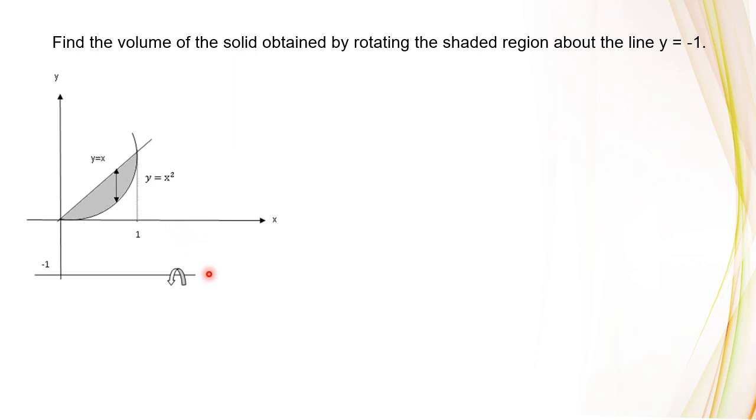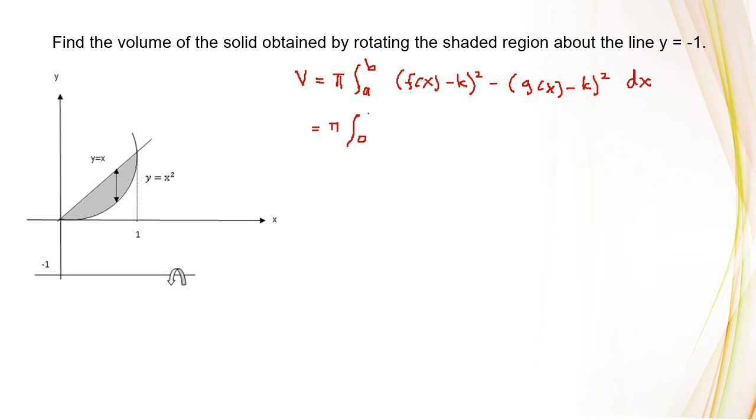Our axis of revolution is below our shaded region. Remember our formula? We will use V equals pi integral of (f(x) minus k) squared minus (g(x) minus k) squared dx. Integration is with respect to x, so the function is in terms of x. V equals pi integral from 0 to 1, where f(x) is our function on the top, y equals x, so x minus k, and our axis of revolution is -1, so k is equal to -1,